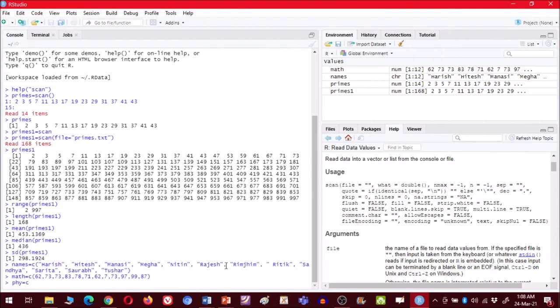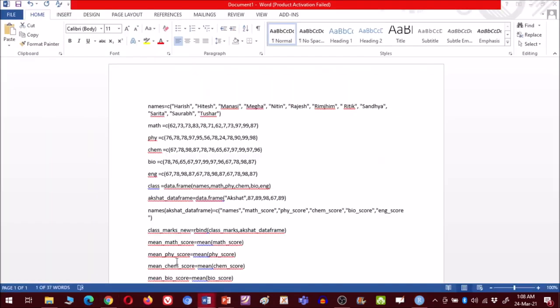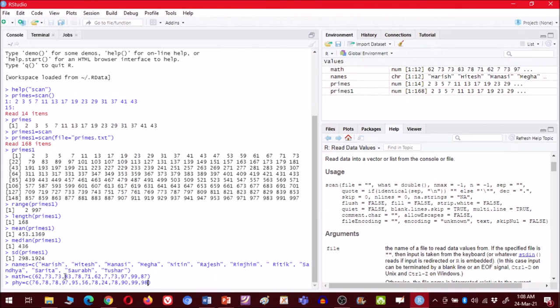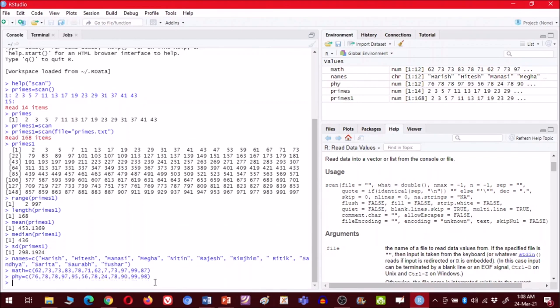Okay, we forgot to, yes, we have entered the data. Now C square. Now again enter all marks. So I have already created this file. So just enter this data. So I have entered all. So you can enter these data manually also. Okay, and then click enter. Now you can see physics 12 numbers are stored against physics also.